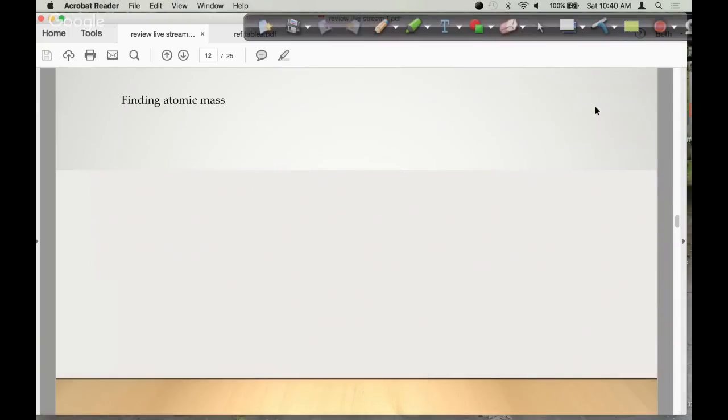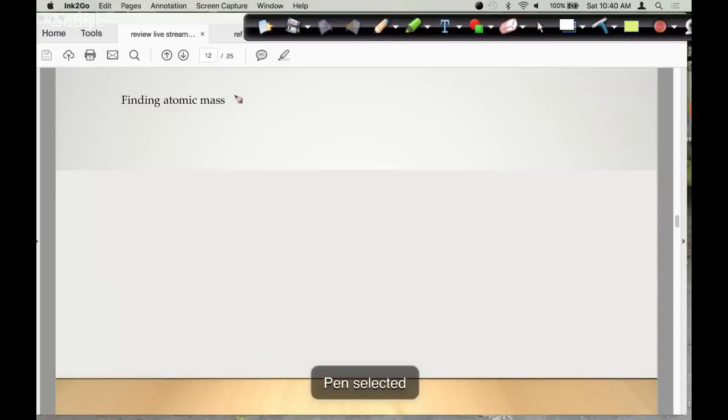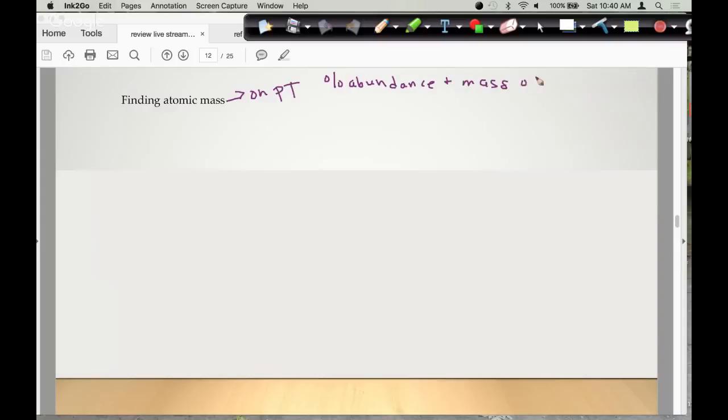The next thing that I wanted to go over was finding atomic mass. The average atomic mass, remember, atomic mass is on the periodic table, and it is based on the percent abundance and the masses of the naturally occurring isotopes. And it's a weighted average. So if I have a random made-up element like element X, and element X has 2 isotopes,